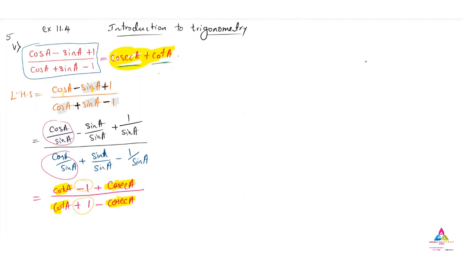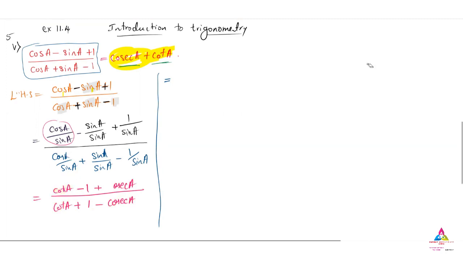So how to do that? I will draw one line here and continue in the next step. That is equal to, now cot A we have, minus 1 we have, so make the arrangement here so that it is properly represented. What I will do here is first take this cot A, because cot A is on both sides. If you compare the numerator and denominator clearly, I will write it down and show you.